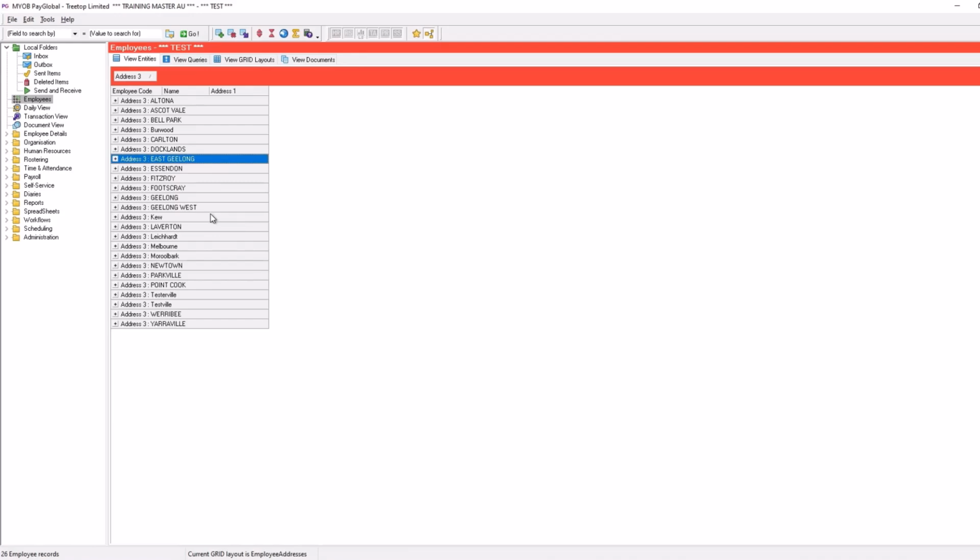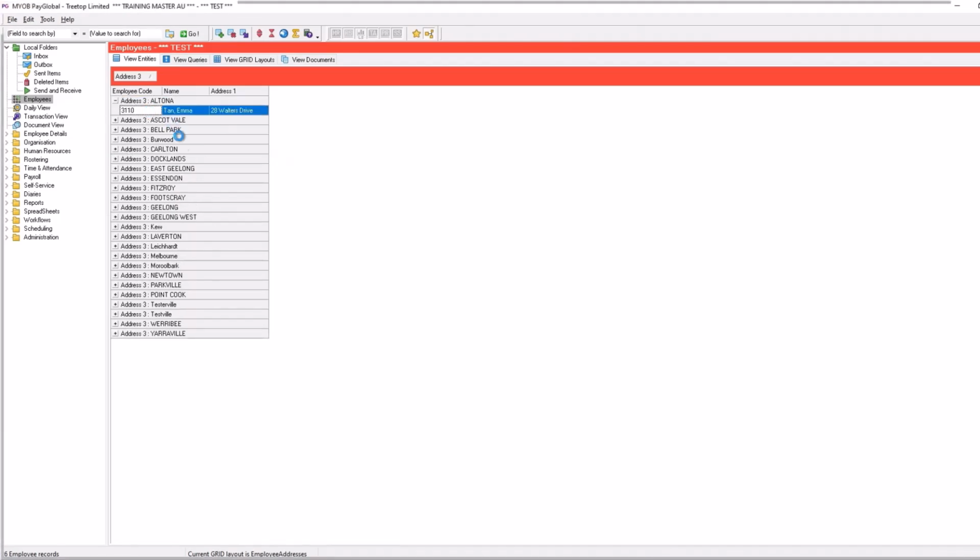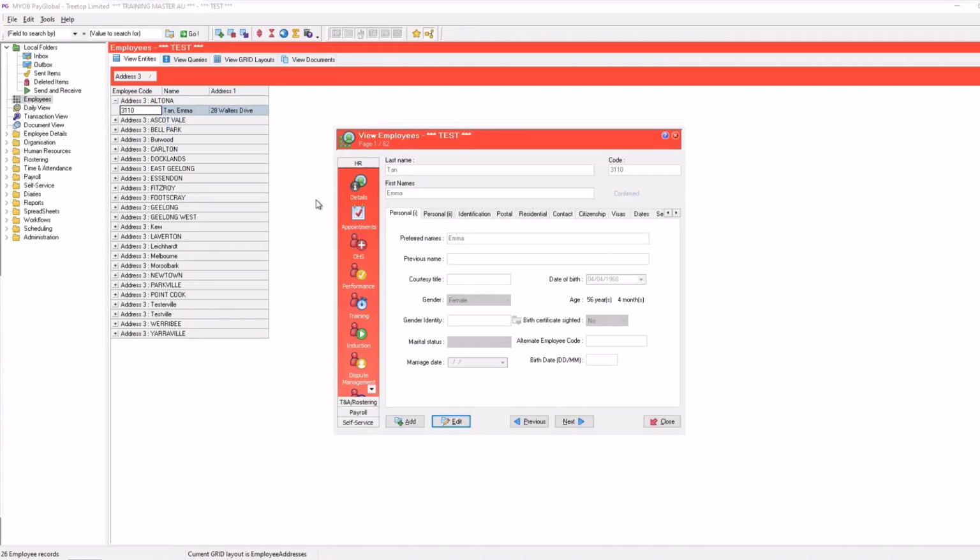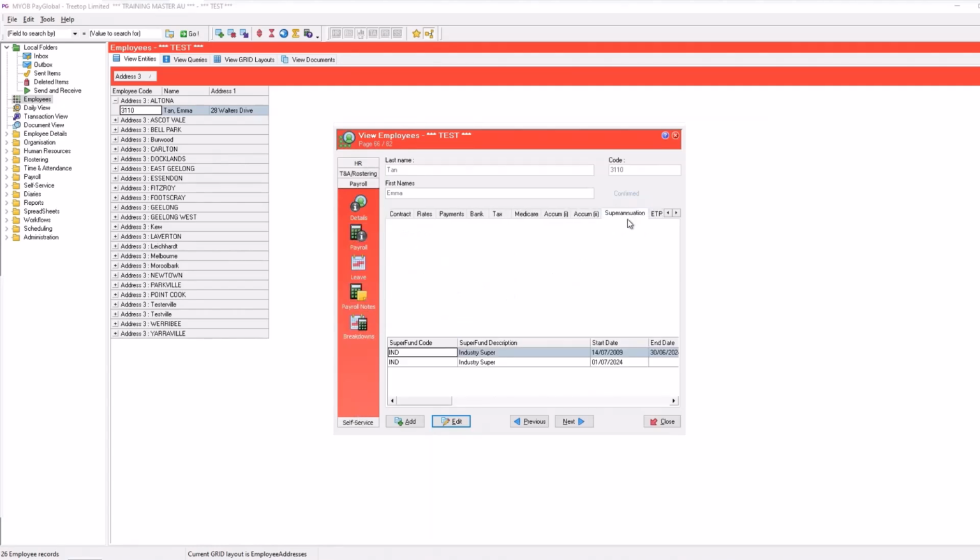Makeup tables are records that are attached to other tables. For example, consider the Employee Superfund record. To illustrate, let's go into an employee profile, navigate to Payroll, and then to Payroll again. Here, on the Superannuation Fund section, you'll notice that this particular employee has 2 records listed at the bottom. These records are stored in the Employees Superfund table.